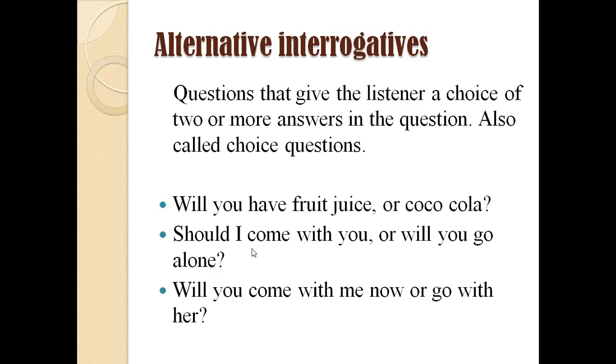Okay, next, should I come with you or will you go alone? Again, you have a choice. Will you come with me now or go with her? Right? So in all these questions, you have a choice, right? So such questions are called choice questions or alternative interrogatives. Okay, so these are the three types of interrogative sentences. Okay, did you all understand that? Okay, so let's move on to the